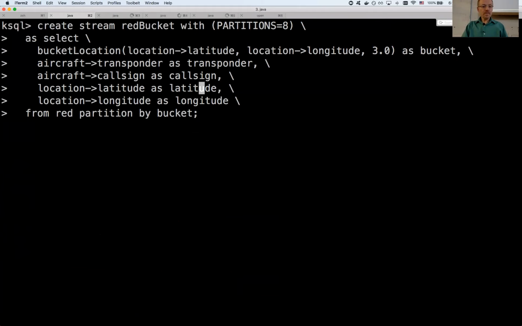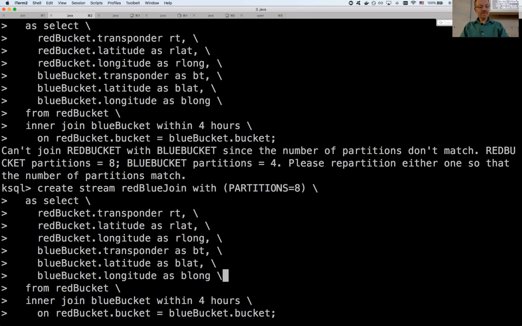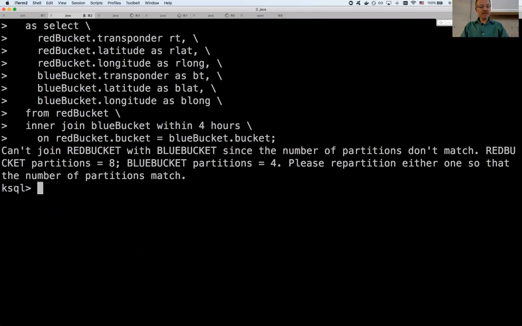So I have the blue bucket. This is what I knew would happen if I did it wrong. One of the things that I've learned is that if you ever create your topics with the wrong partition, you will then get partition mismatch. And that's what happened here. Even though I was creating them with 8 or 4, it would show that.